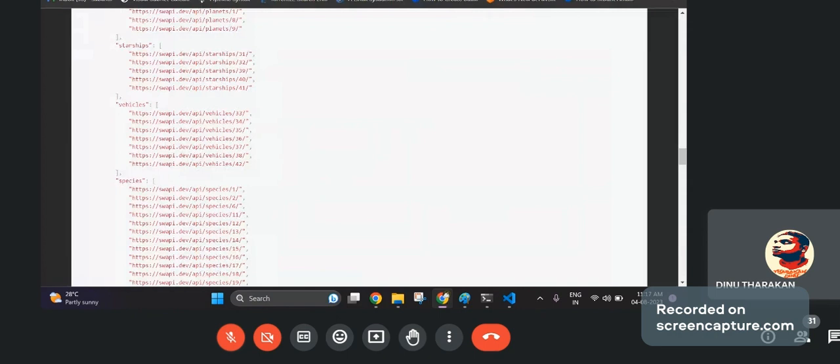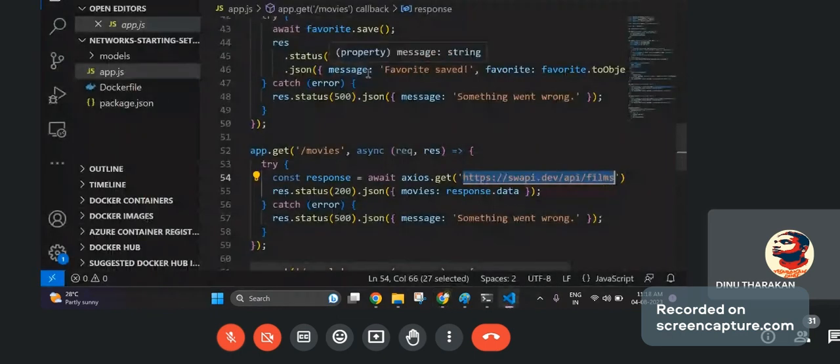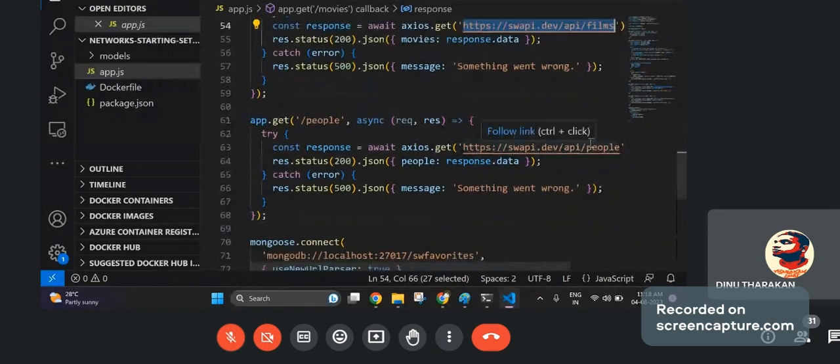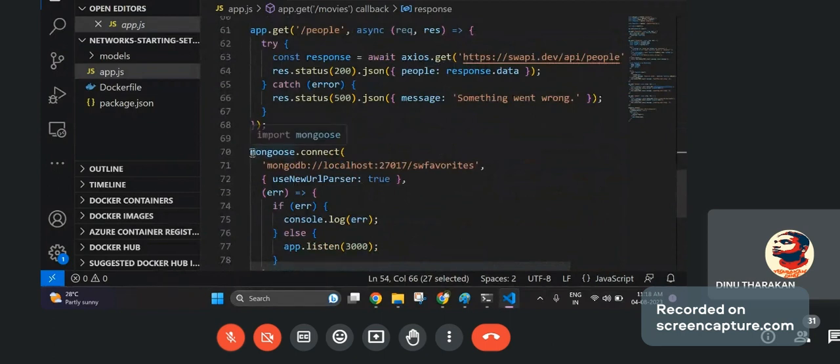Basically, it is not running inside my container. It is not managed by my organization. It's a different third-party API, which is created and managed by a different person. Now, what happens is this particular application will go and fetch this film detail or the actor's detail based on our request, and then we are asking them to update this detail into the MongoDB.